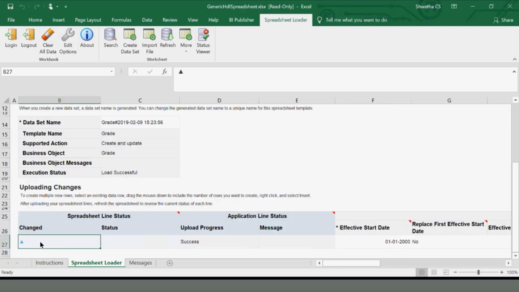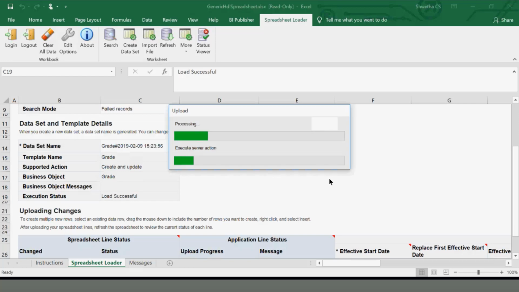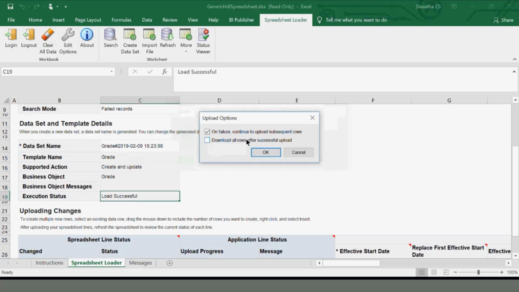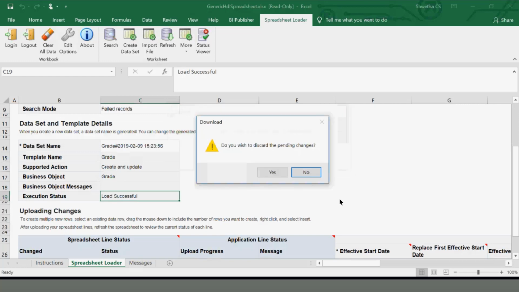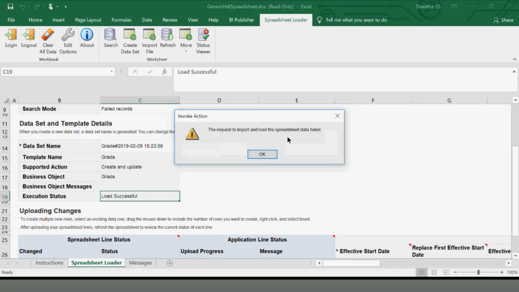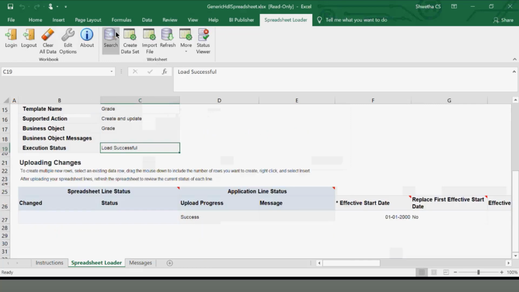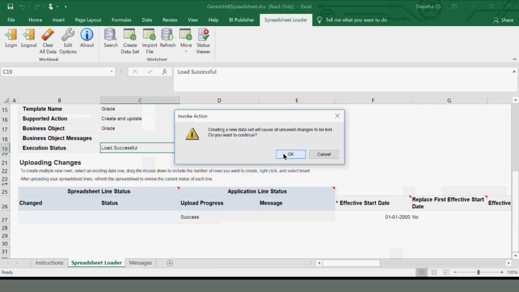When you change any of the data, this changed flag will be marked. Here it is marked, and the execution status is showing load successful. Let me try to upload it again. Okay, it is not happening. So let me try to create a new dataset and try.